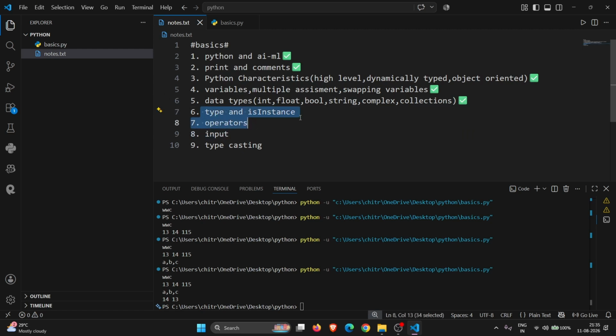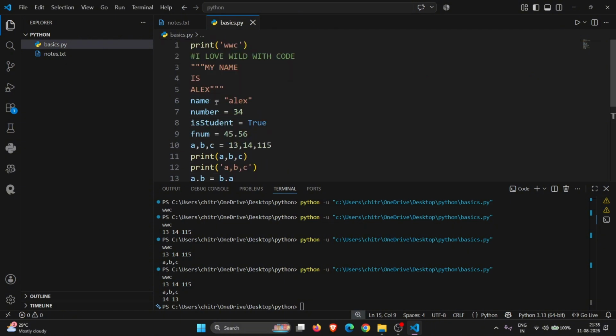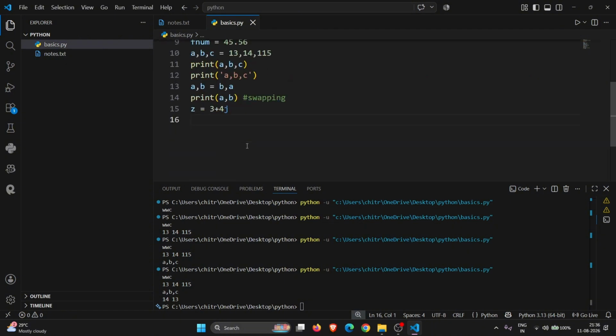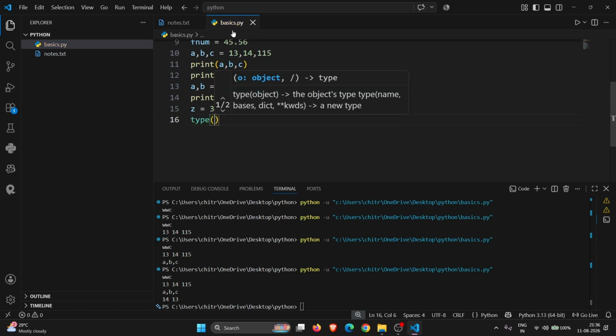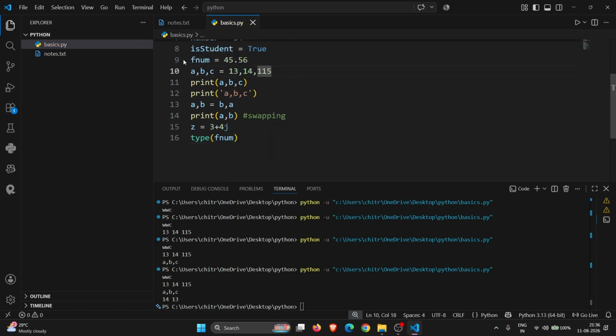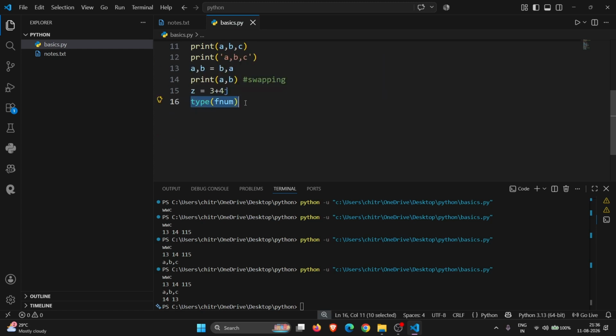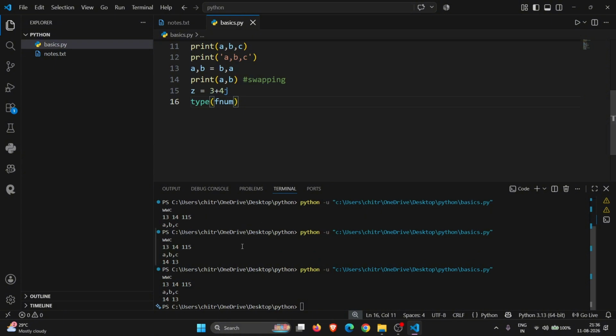Now let us study about type and isinstance. Whenever we have to check the type of something in Python, we use the type function. For example, I want to check the type of this fnum, the variable which I have created just here. So I simply type, and in brackets I'll type fnum. And if I run this program,